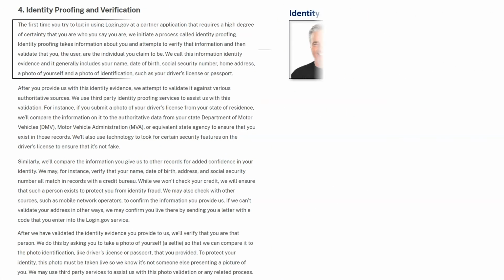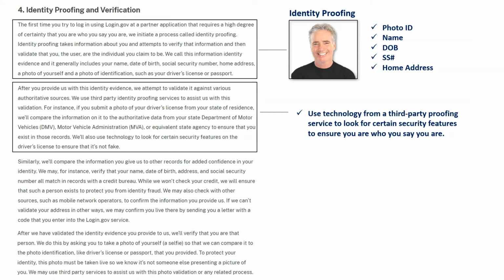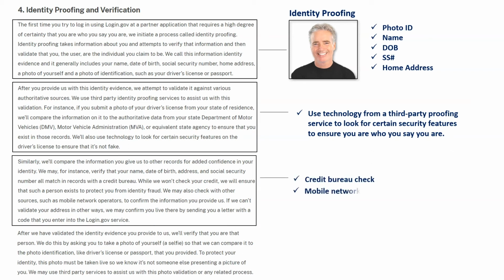So part of these terms and conditions are this. They're going to do something called identity proofing. You're going to have to take a picture of your driver's license and upload it. You're going to put in your name, of course, date of birth, Social Security number, home address. This is just a disclaimer that they use technology from a third-party vendor to ensure that you are who you say you are. They do a credit bureau check, mobile network check,